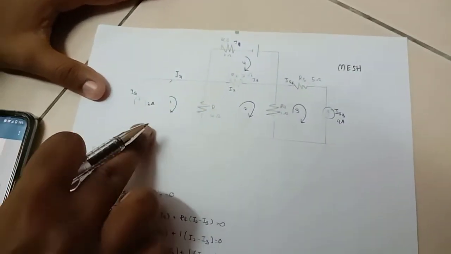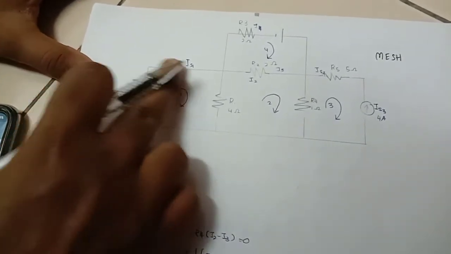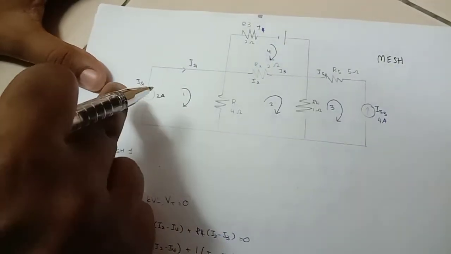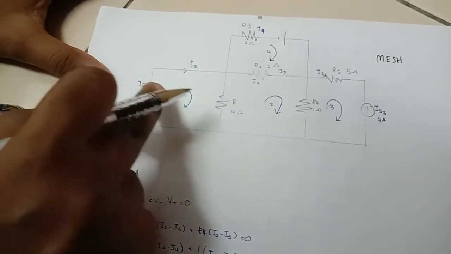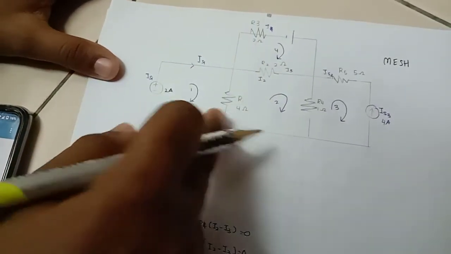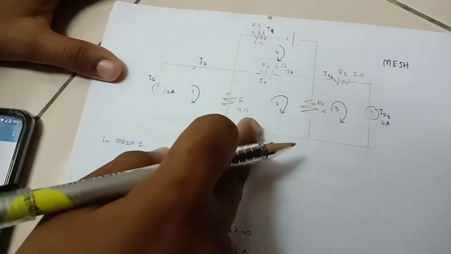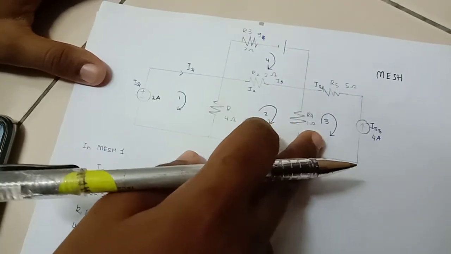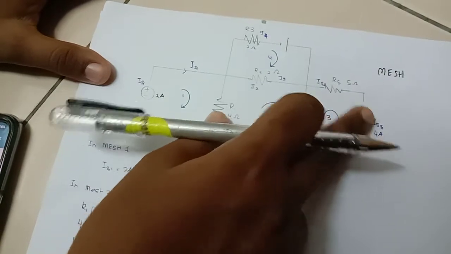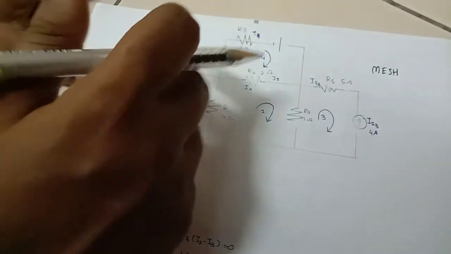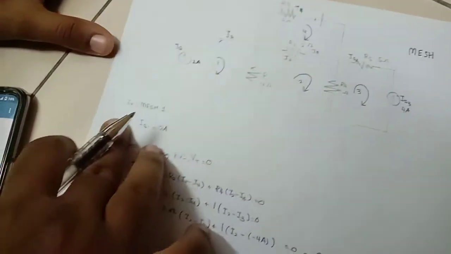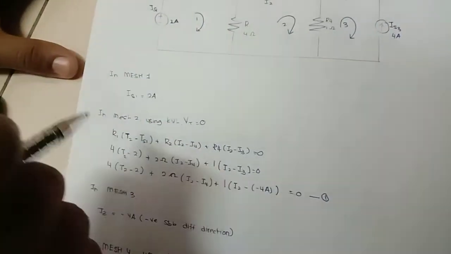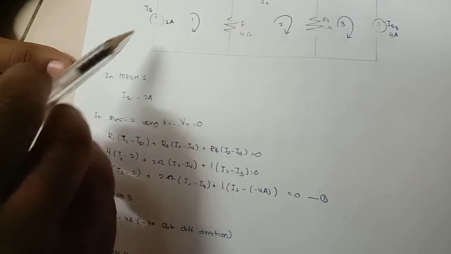So this is our first mesh. In this one series circuit, there's a battery and a resistor. And then the second loop we have a resistor. Third loop, a resistor and a power supply, and then the fourth is also the same, a resistor and a battery. So we have to write a mesh equation for each and every loop. So for the first mesh we have